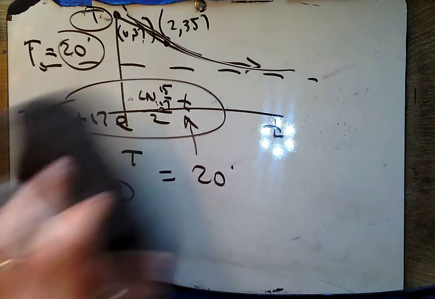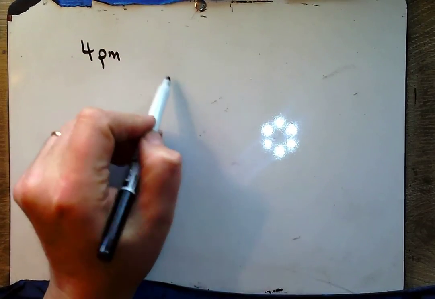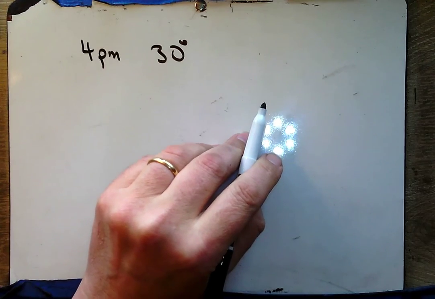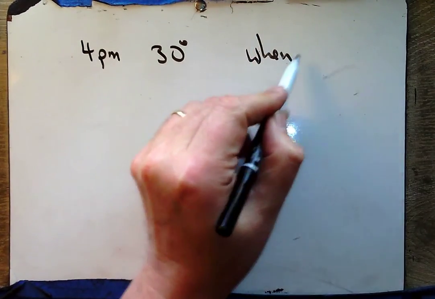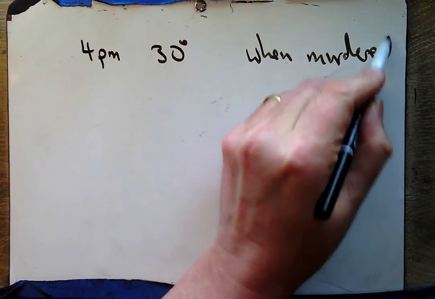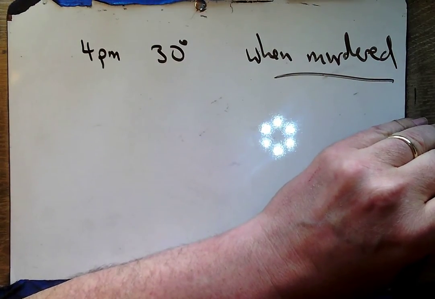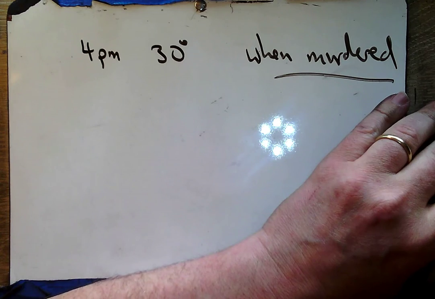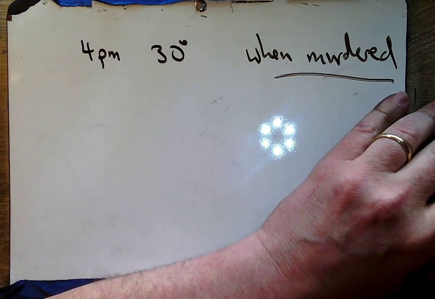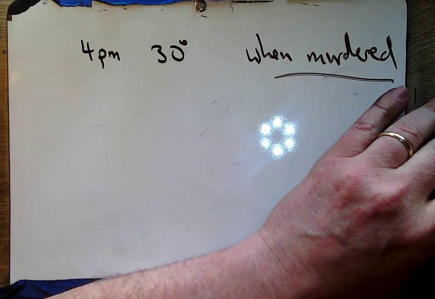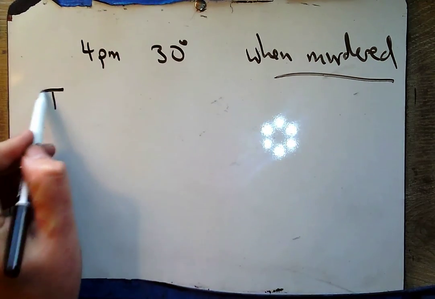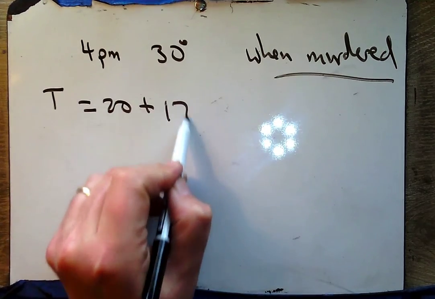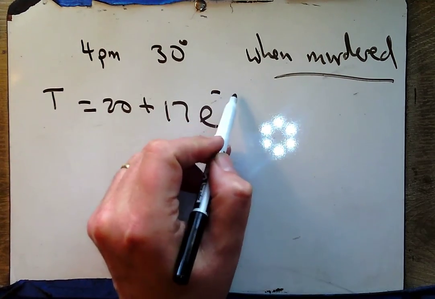Okay, and now what every CSI episode included was, if the body is found at 4 p.m. with a temperature of 30 degrees Celsius, when was the murder committed? I can't imagine a crime show where the coroner isn't at some point asked by the detective, when were they murdered? And the answer is, well, we're going to use Newton's law of cooling. So what was Newton's law of cooling? T equals 20 plus 17 e, and by the way, I got tired of writing that other thing, so I got